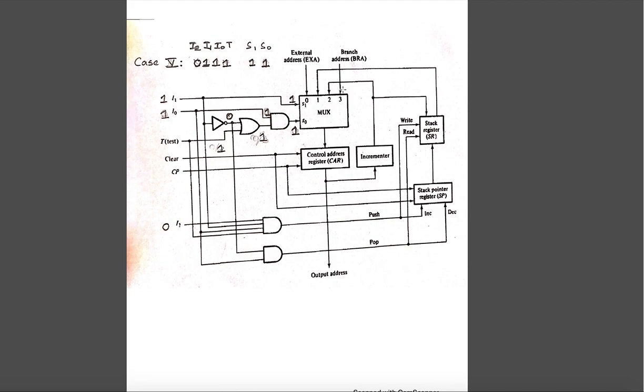So definitely the branch address, whatever is the branch address that is being given here, that will be loaded to the control address register. So suppose the microprogram consists of a branch address to a specific subroutine, that subroutine's address will be here in the branch address BRI. So that is now loaded into the control address register. Okay, so the control address register will point to that branch address, and the next instruction that will be executed will be that branch operation, right? Okay, now let's see the next case.